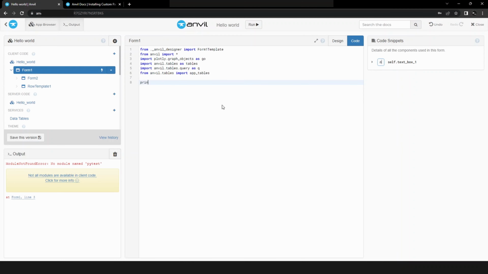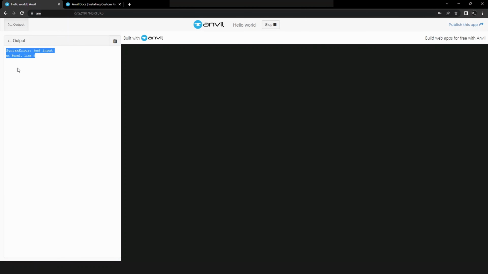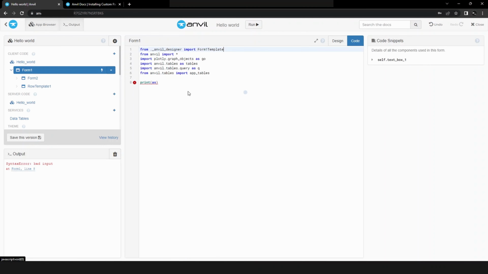So if I say print with nothing in it, and then I click run, it'll say bad input. Whereas if I use a try loop or try function, so I say try and then a colon and then the print, and then I do except, print